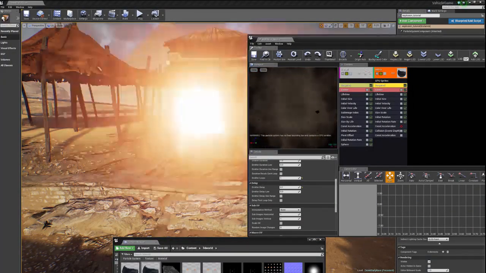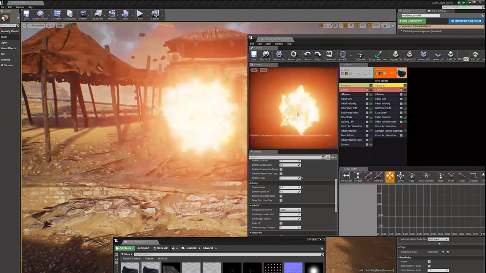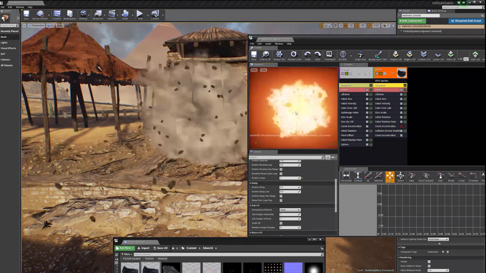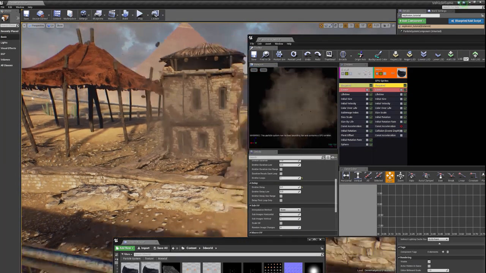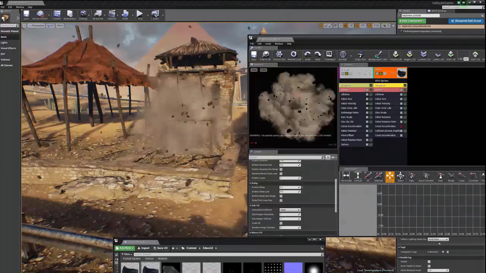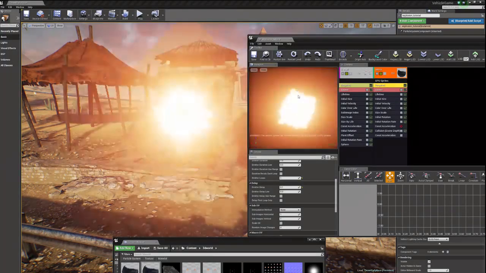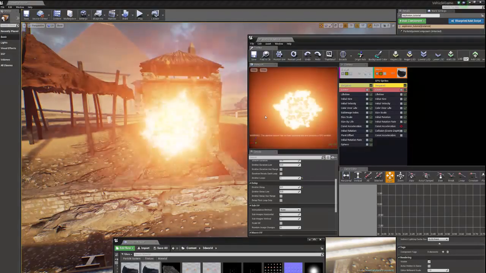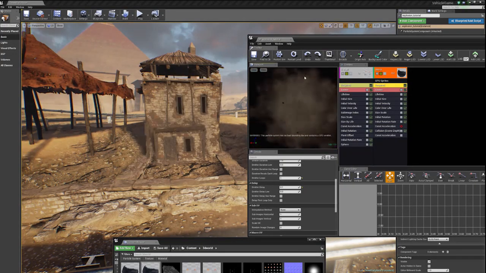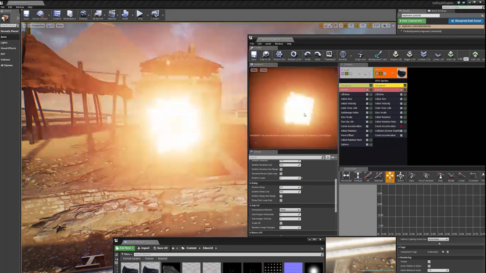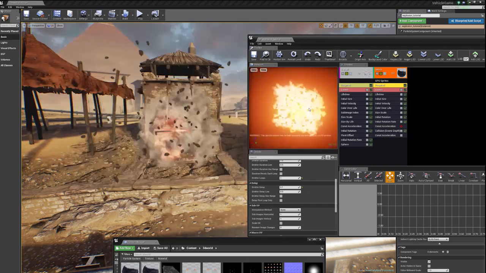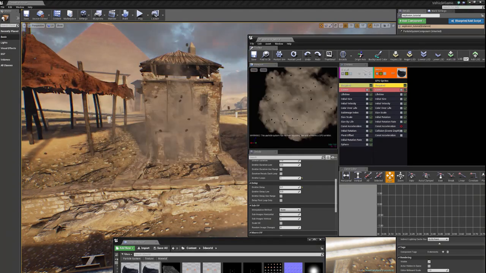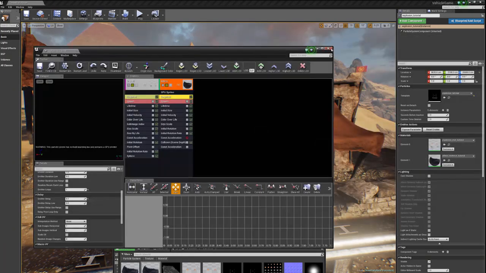Okay, good. It's feeling powerful and heavy, and the scale is pretty good. It's like some missile hit this little construction here. Looking pretty neat. There's a lot of stuff we could fix, like the blending between frames and make a better flipbook, but